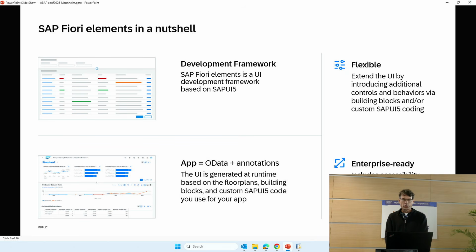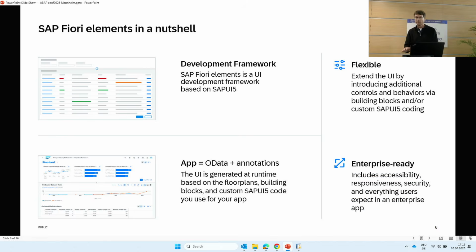So for those of you who are not aware what SAP Fiori Elements is, I have only one slide and then only demos. So Fiori Elements, as mentioned, is a development framework. It allows you to generate your UIs very easily based on an OData service. So for example, on a RAP OData service, and the OData service should have also some annotations. And if this is the case, then you get out of the box a list report and object page floorplan. Of course, you can enhance this by additional SAP UI5 code,